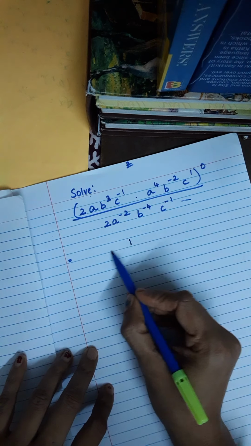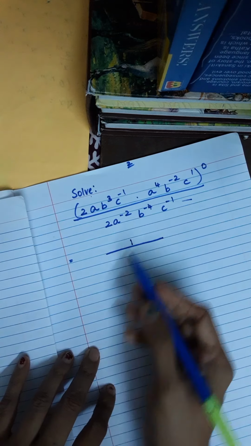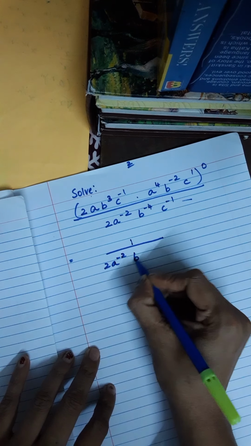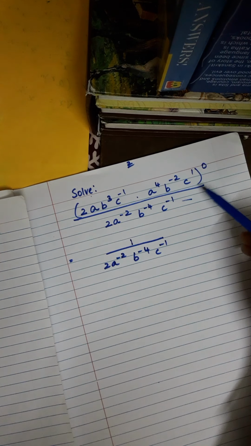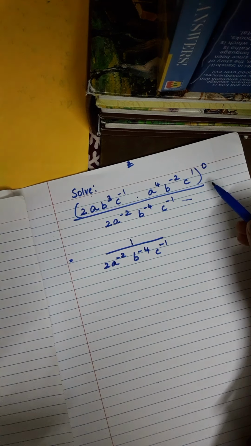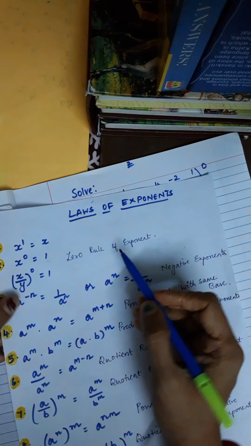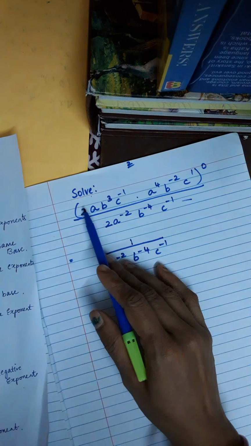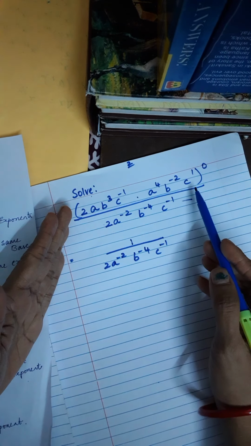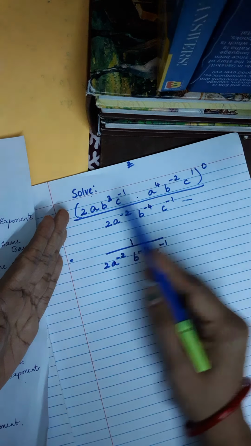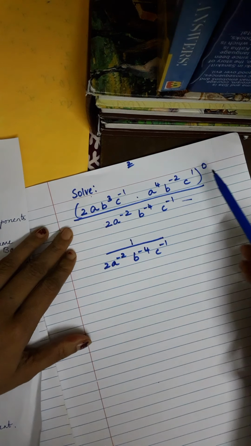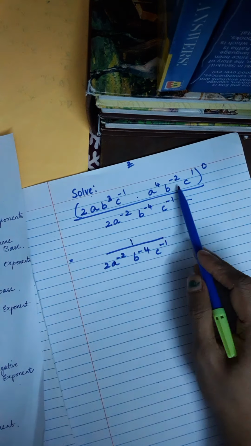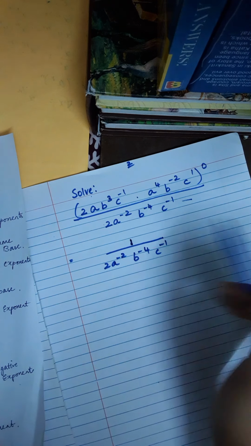So 1 divided by 2 a to the power minus 2 b to the power minus 4 c to the power minus 1. This law has been asked often in probably all exams. That is anything raised to the power 0 is 1. This is called the zero rule of exponents. This is one of the tricky questions. They might ask a very long or very big expression to solve, with the given power 0. So immediately our tendency will be to just start solving the problem. But before solving, kindly see what power is raised here. If it is 0, you need not solve what is given inside. You can just write the answer as 1 here.